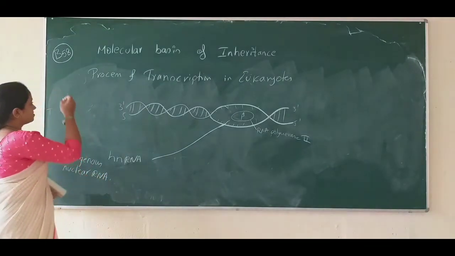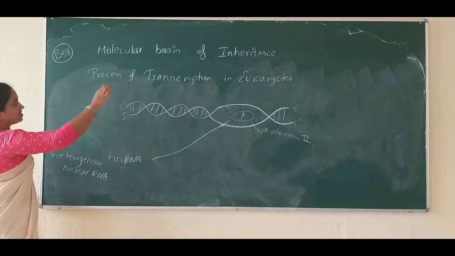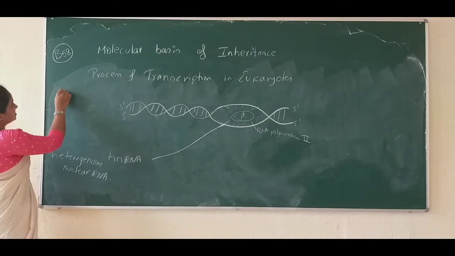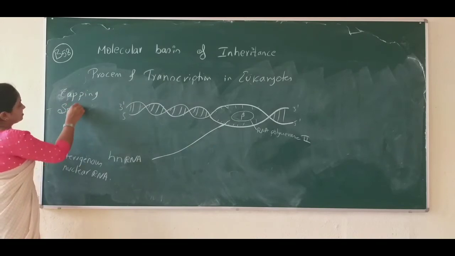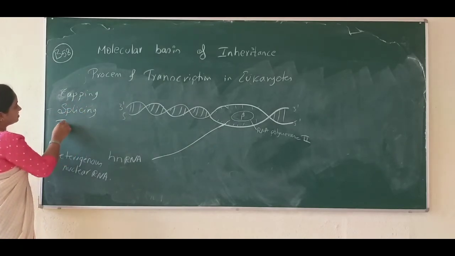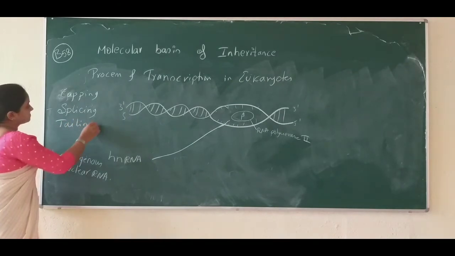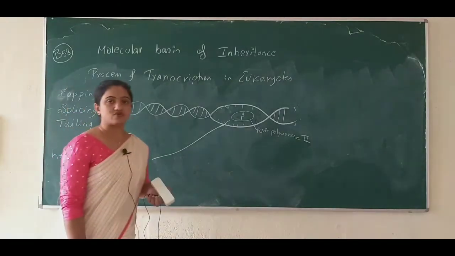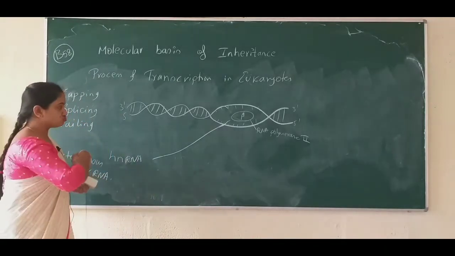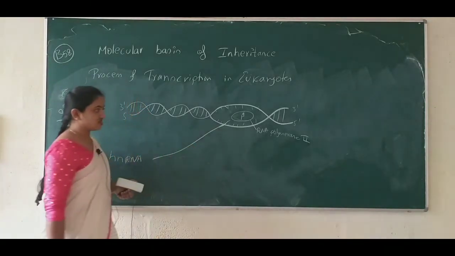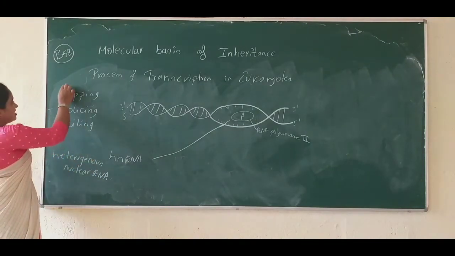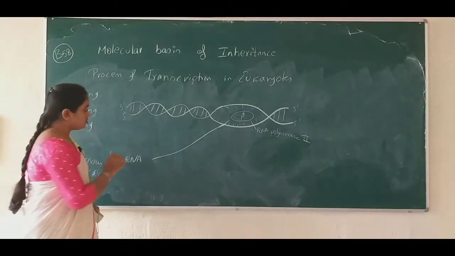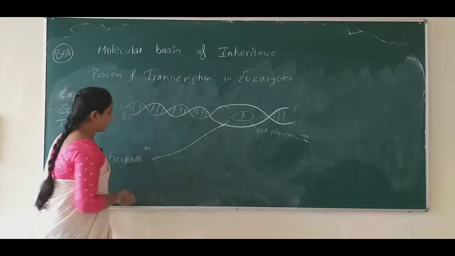The three processes occur in the transcription process, that is capping, splicing and tailing. So these three processes have to occur in this RNA strand. How do they occur? What is capping? Capping is nothing but an unusual methyl